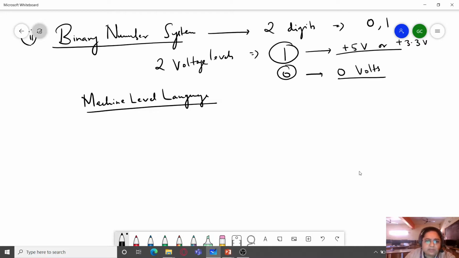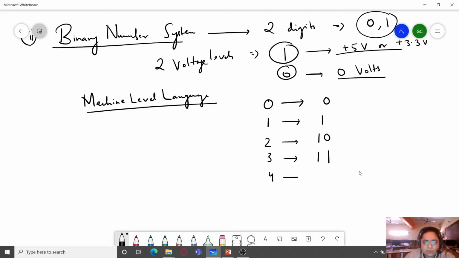Because any number will be a combination of only zeros and ones, the numbers would be represented this way. Like if I start from 0, so it is 0, then I have 1 which is 1, I have 2 which is 1 0, 3 is represented as 1 1, 4 is represented as 1 0 0, and so on, which we will be seeing in a short while. If any number has to be converted into binary, we will be learning about the conversion in a short while.